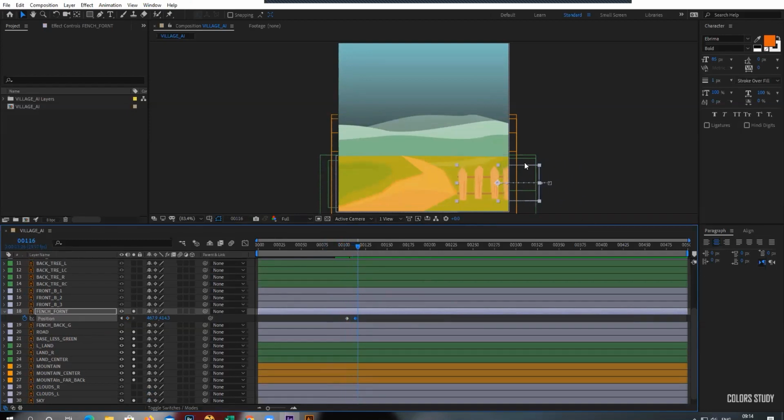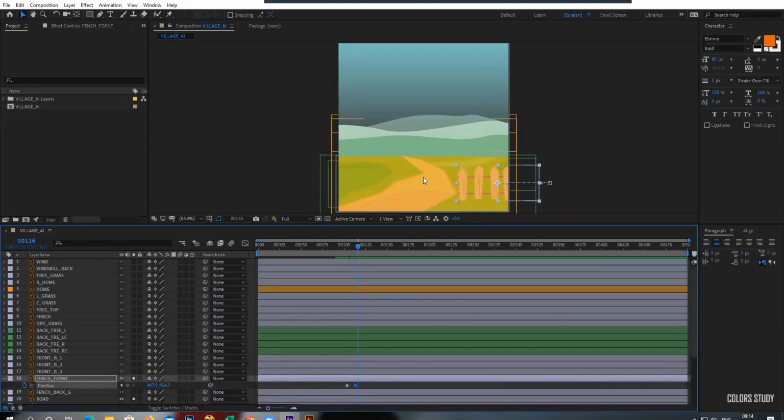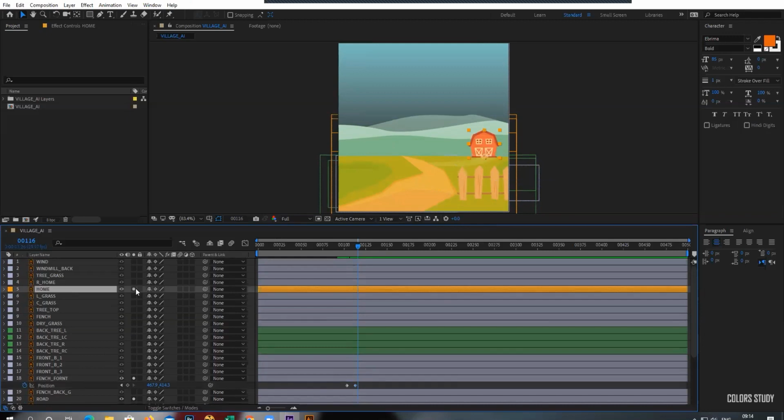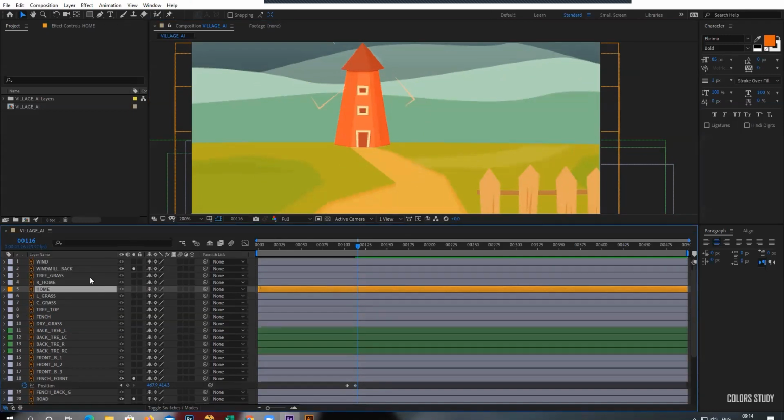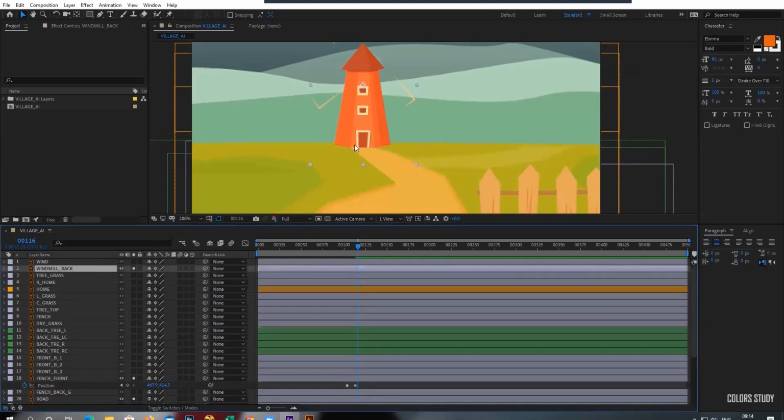Okay. Now before I do this, the animation of the houses. I want to do the animation of the houses first, and then go to the grasses and whatever backyard they have. It's up to you how you're going to operate. But I want the animation to happen from the bottom. So for example, let's take this one first. Then I'll come back to this. So I want the animation to happen from the bottom.